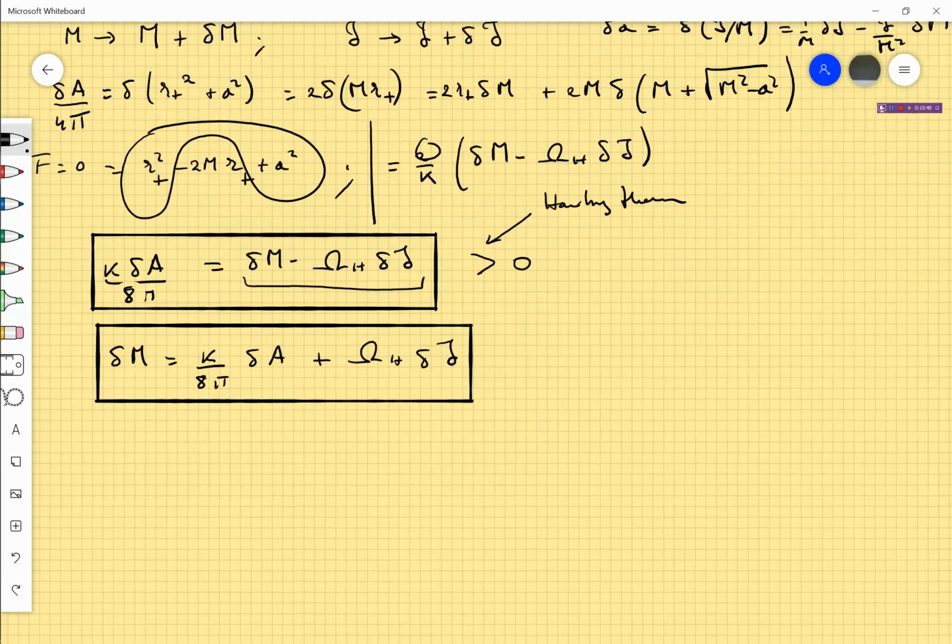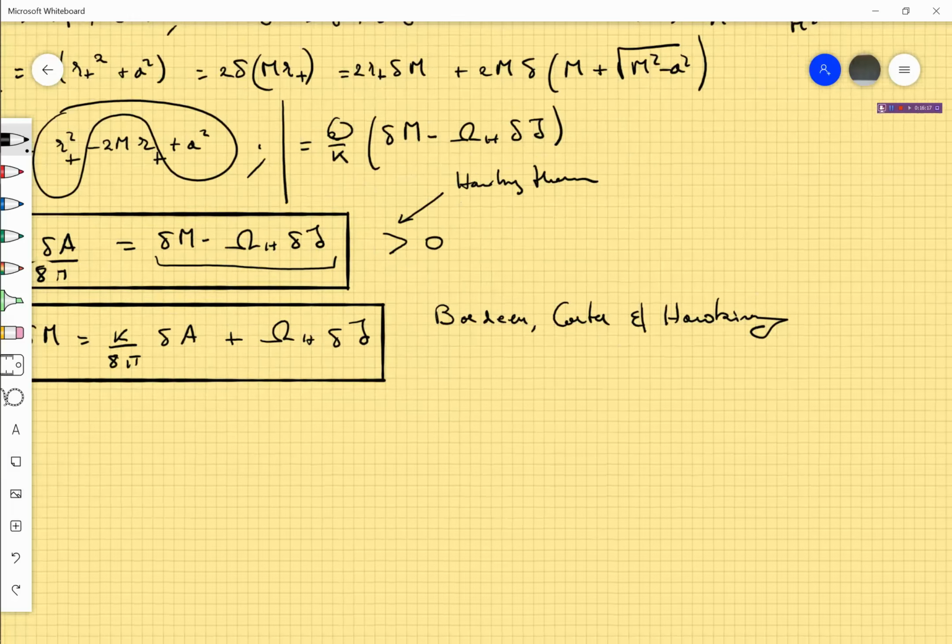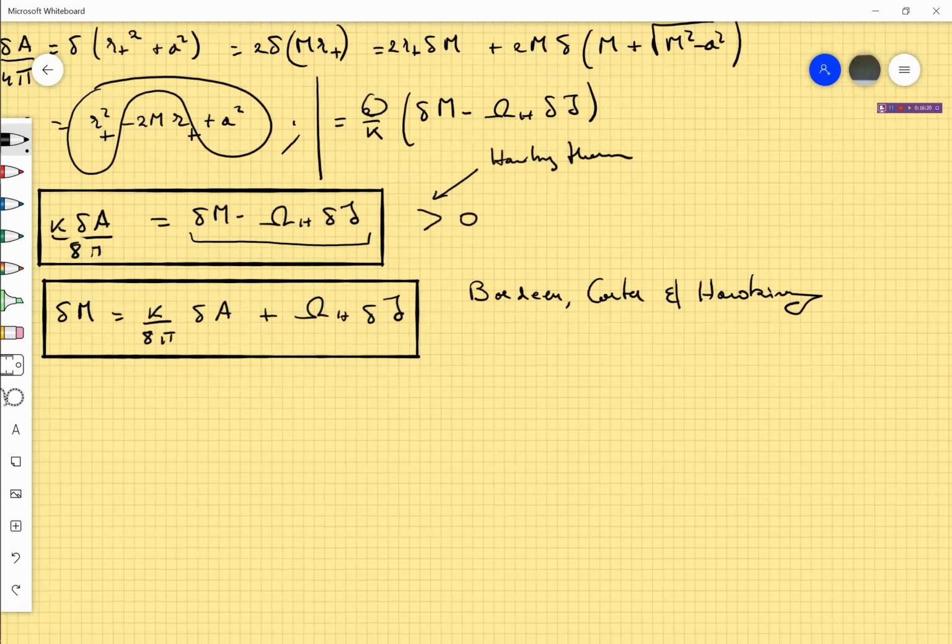What I have to mention is that this form of the first law was proven for generic stationary black holes undergoing generic quasi-static processes. Okay, and it was proven by Bardeen, Carter, and Hawking. Okay, so you have 3 laws. They conjecture that the fourth law, which is law number 3, okay,